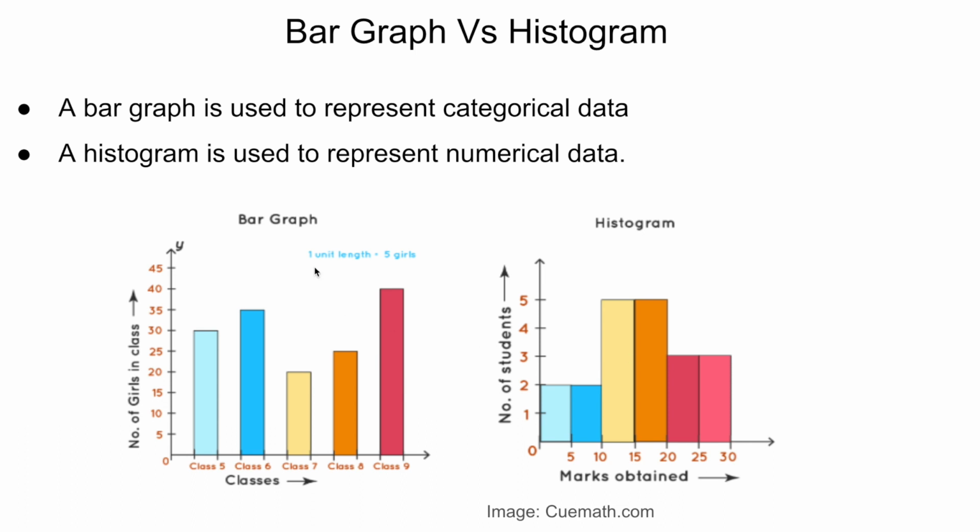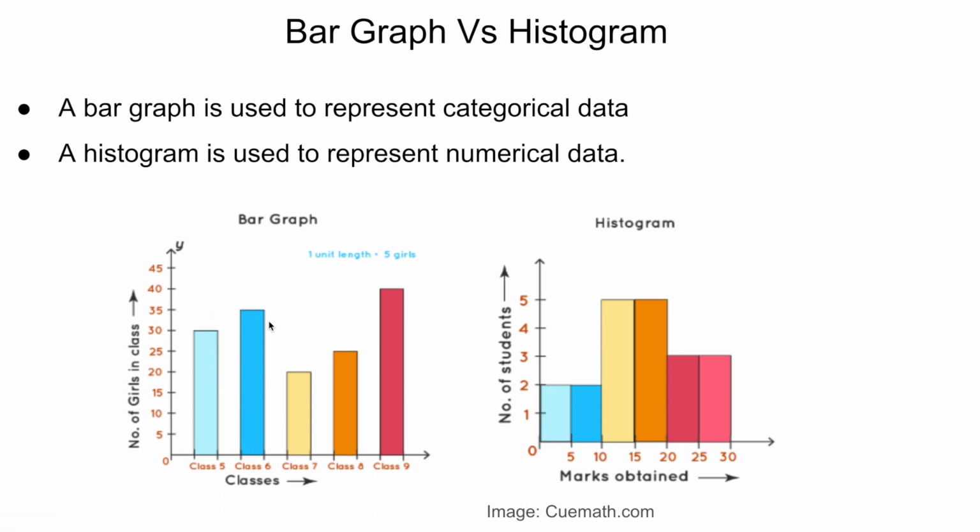So this is a bar graph and this is histogram. So the main difference between the bar graph and histogram is bar graph is used to represent categorical data. As you can see over here, this is a bar for class 5. The width does not show any numerical data or anything. So this is for class 5 data for how many girl students in class 5,